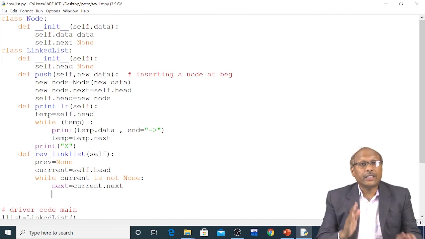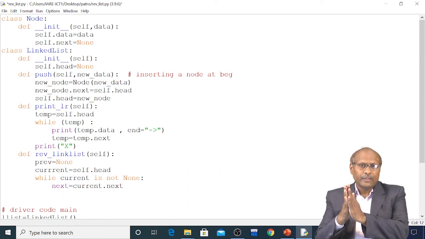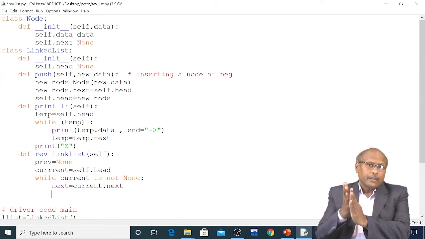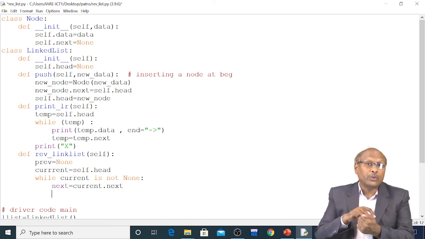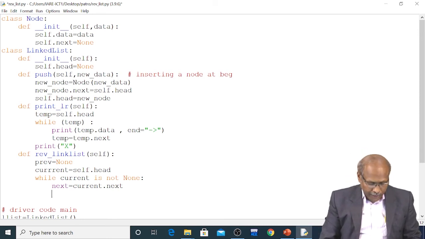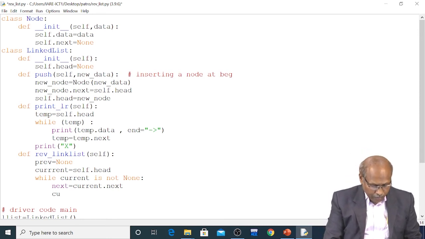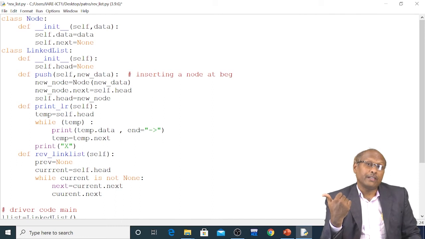So I got the next node's address. That means from the first node I got the second node. For this previous, the first node's next part should point to the previous node. Previous is None. So my first node is my current. Actually, the first node's next is pointing to the second node.